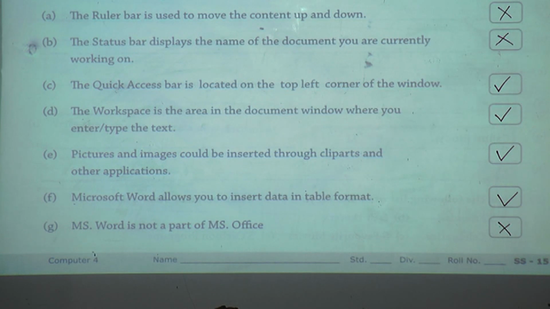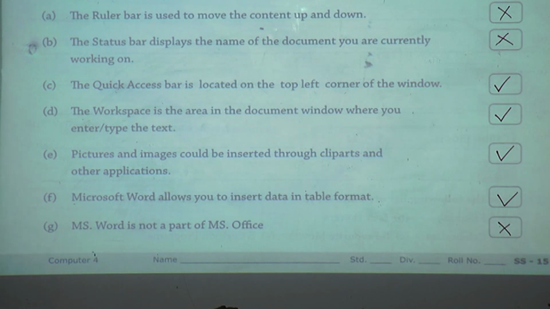This is also wrong. The quick access bar is located on the top left corner of the window. Right. The workspace is the area in the document window where you enter or type the text. It is also true.